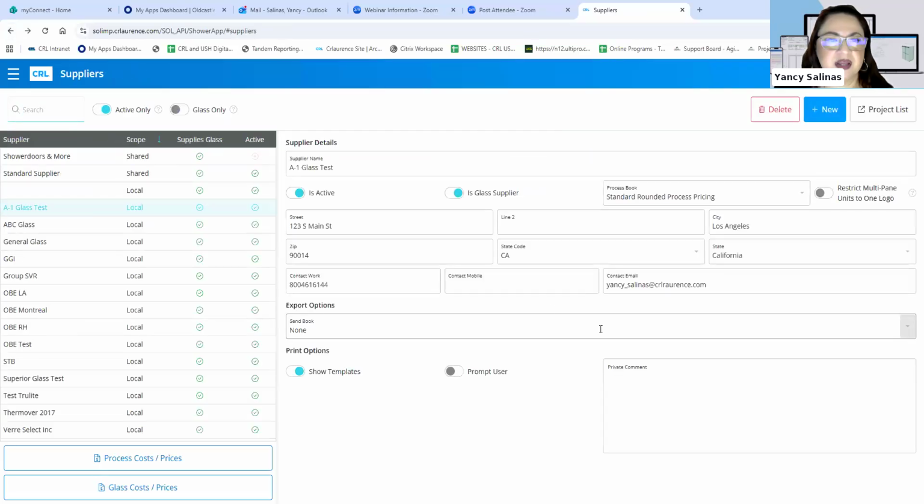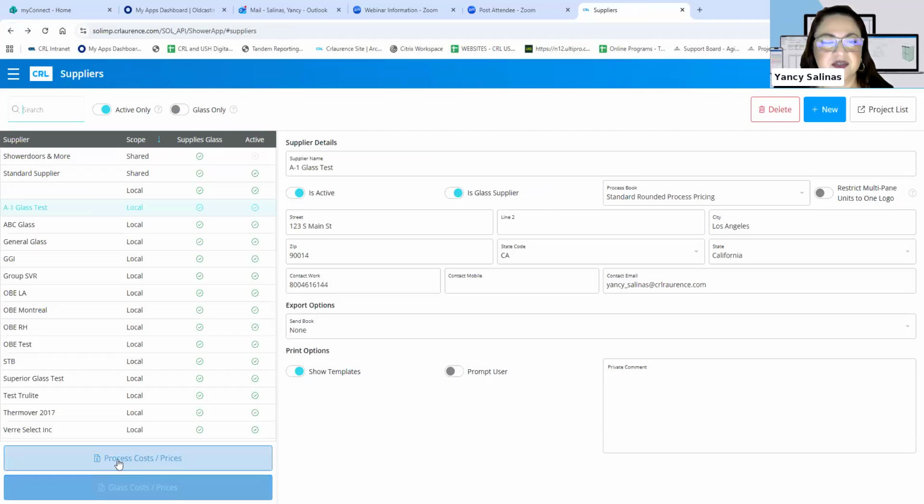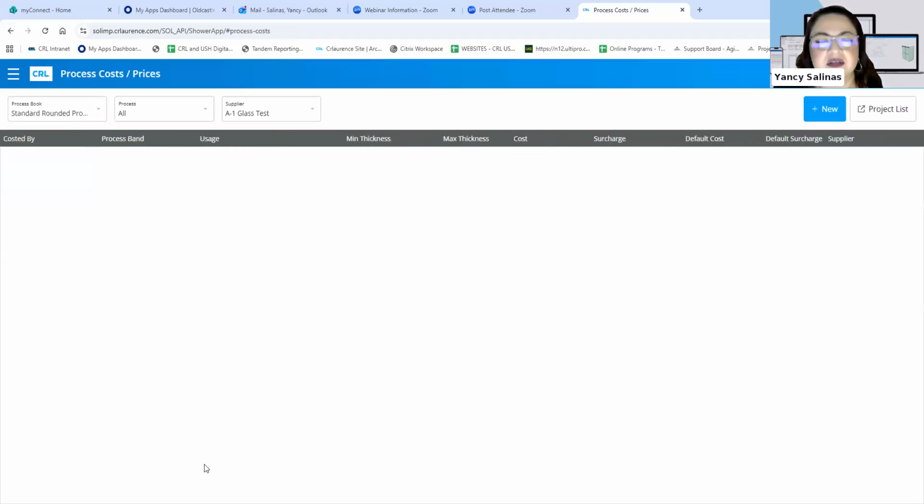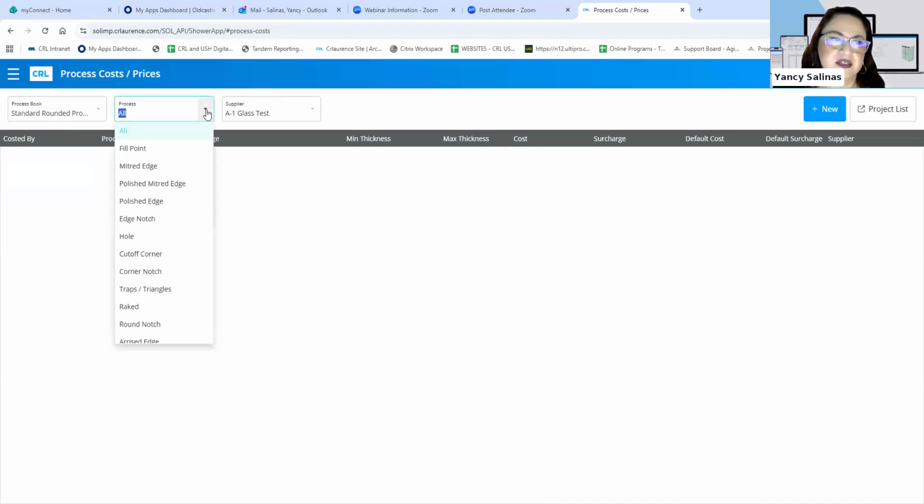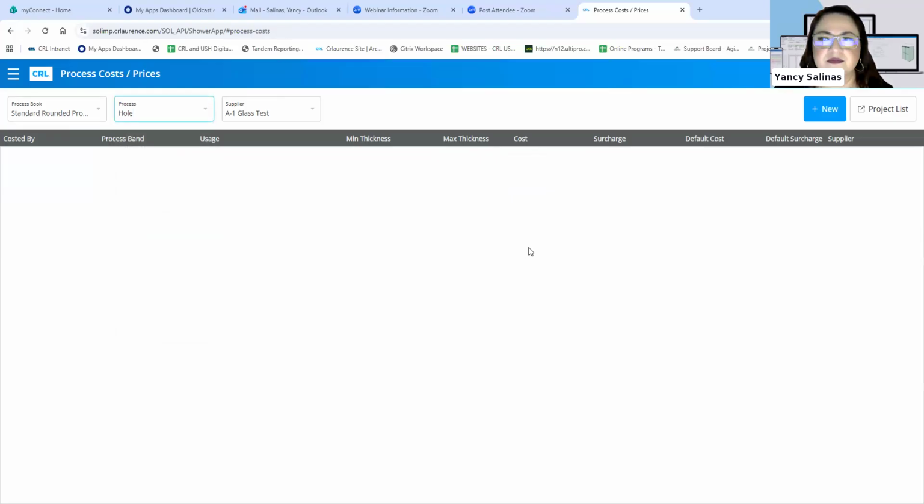I went back to my supplier information, and then here on the bottom left-hand side, we already covered glass cost. We can do process cost. So this is what your supplier is going to be charging you for your notches, your holes, and so forth. Okay, so here you could break it down. Let's say, for example, if I wanted to do it for a hole,